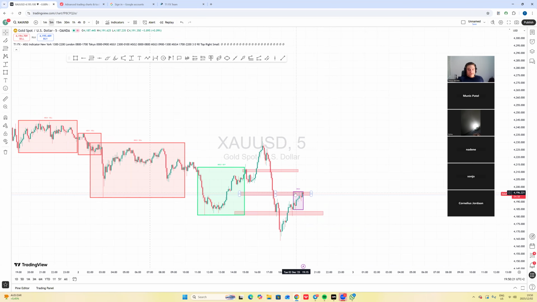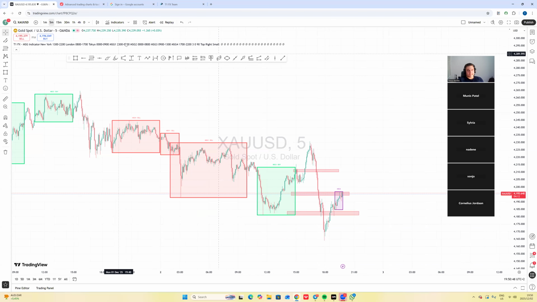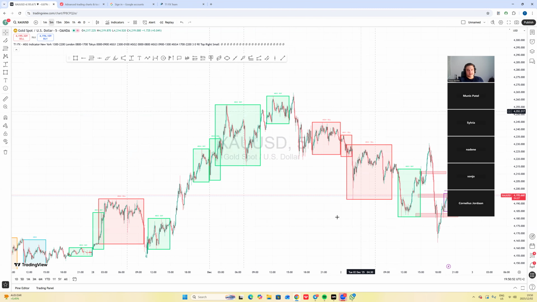Okay, now it's forming the next one. So this one is ending at market open. Then this one will end. Then after midnight open, so at 1 o'clock, you can look for an entry. Then at 3 o'clock, you can look for an entry. At 10 o'clock, you can look for an entry. And then at 3 o'clock again, you can look for an entry. Okay? Does it make sense?